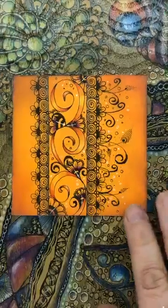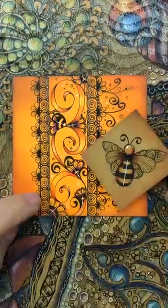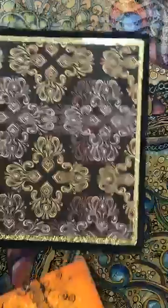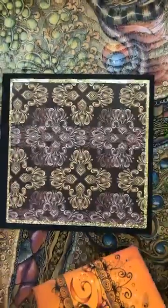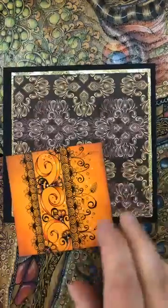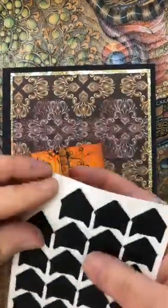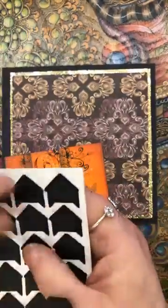Okay, so you can see you've got this one, and then I've got my little butterfly. So let's have a look at them all together. So there's my background. There we go. And then, of course, it's nothing without the photo corners. So I've got some black ones here. So I'm just going to